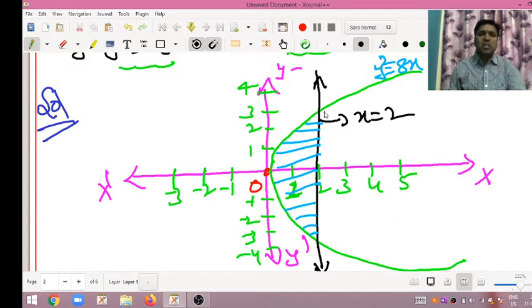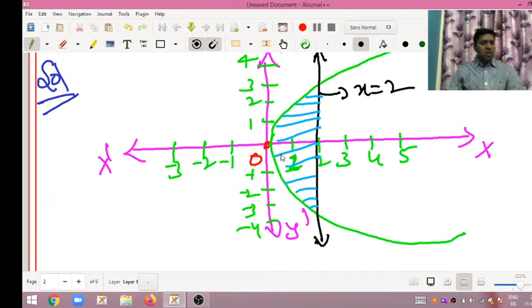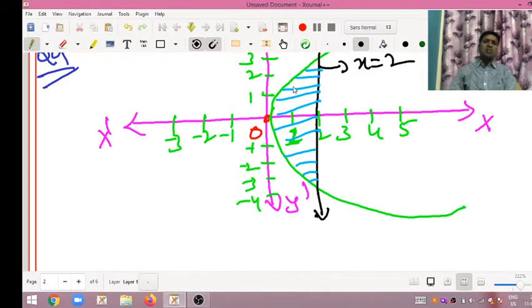So by taking the curve y square is equal to 8x and by taking x, we want to evaluate, my dear friends. Okay, I hope you all understood this question. Along the curve y square is equal to 8x we want to find, and along x is equal to 2 we want to find, my dear friends. Both adding means the combined region will come.